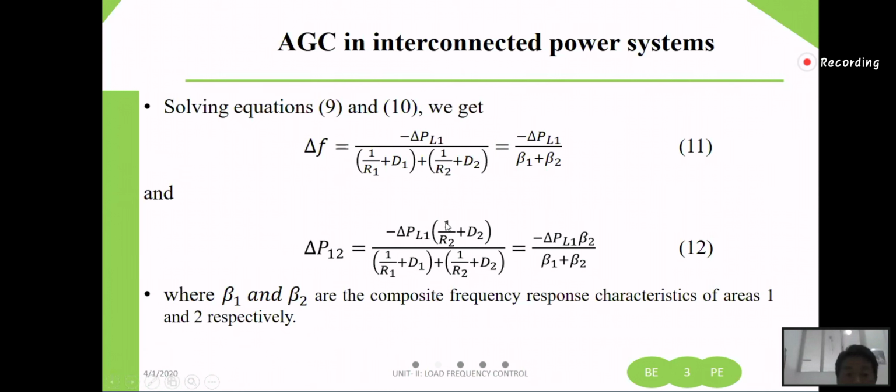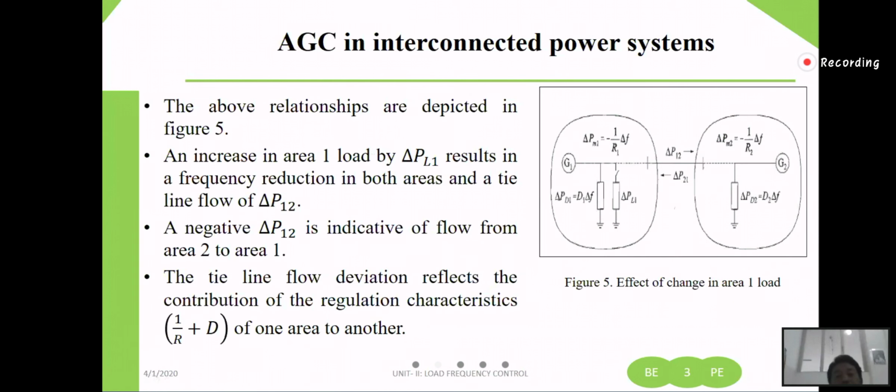Okay, so are you getting it now? This whole equation can be represented or depicted in figure 5, which shows the effect of change in area 1